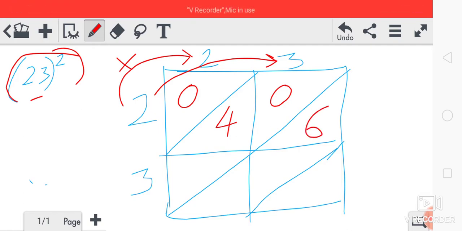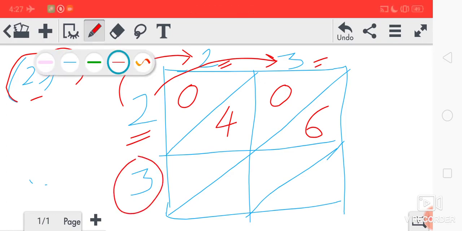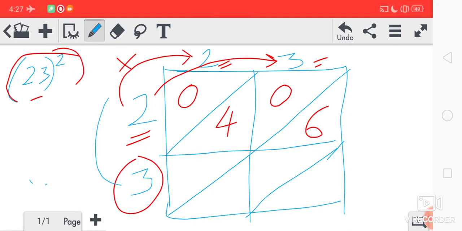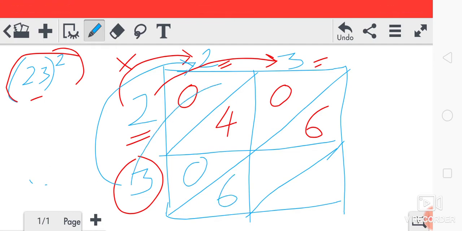Now with this 3 we multiply again with 2. 3 2s are 6, so we have written 6. Again this 3 we multiply with 3. 3 3s are 9, so we are writing 0 9.